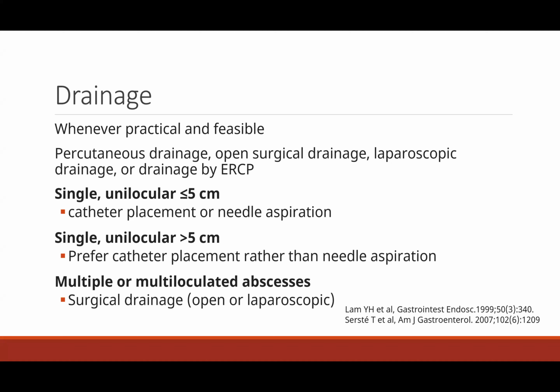In single unilocular abscesses where the diameter is larger than 5 centimeters, drainage with placement of a catheter rather than just needle aspiration alone is preferred in these cases. So even very large abscesses, those that are larger than 10 centimeters, which are sometimes referred to as giant abscesses, can be successfully managed with catheter drainage,